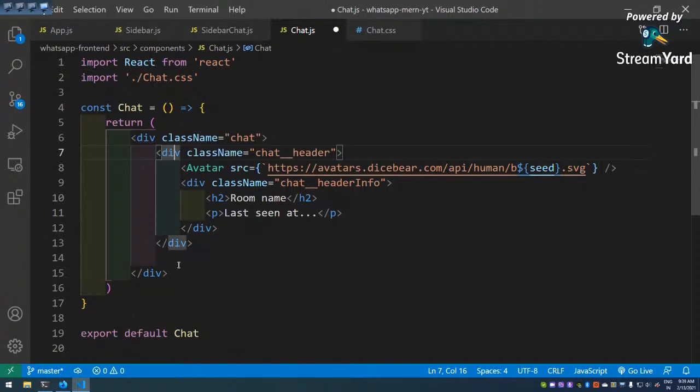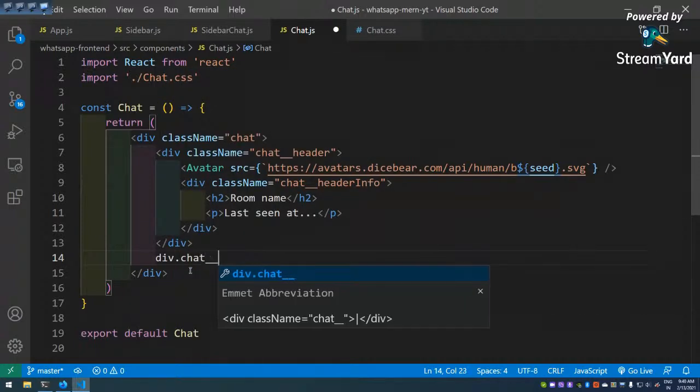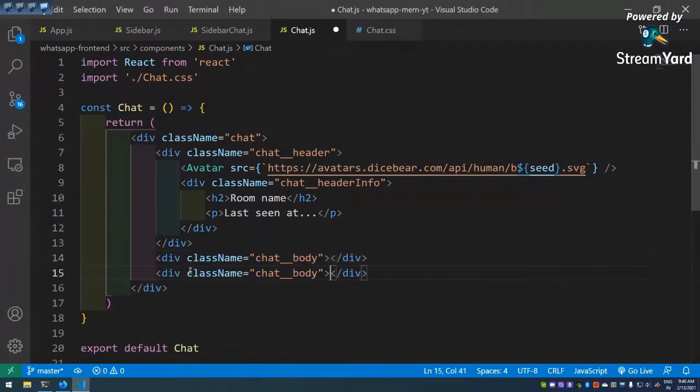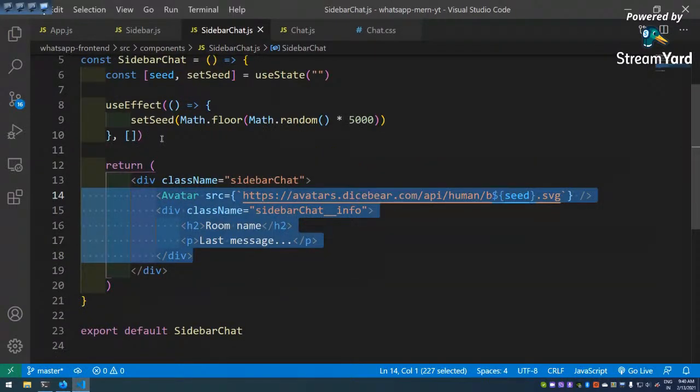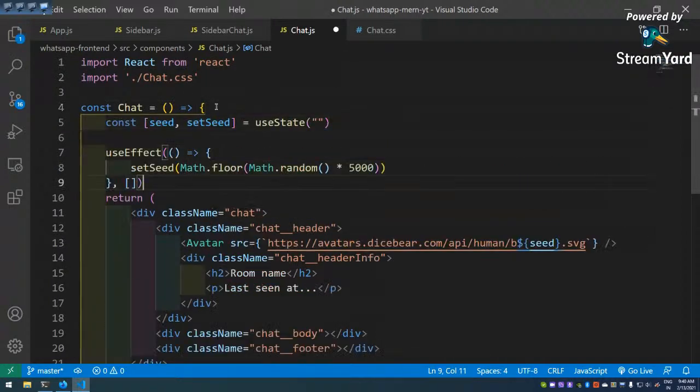Okay, and then we are going to have two more things, div dot chat underscore body. One thing is this, and the other thing will be footer. Let me save it. And now the seed functionality will be the same as what we had earlier. So let me copy from here only the seed functionality. The seed functionality is the same, copy it,